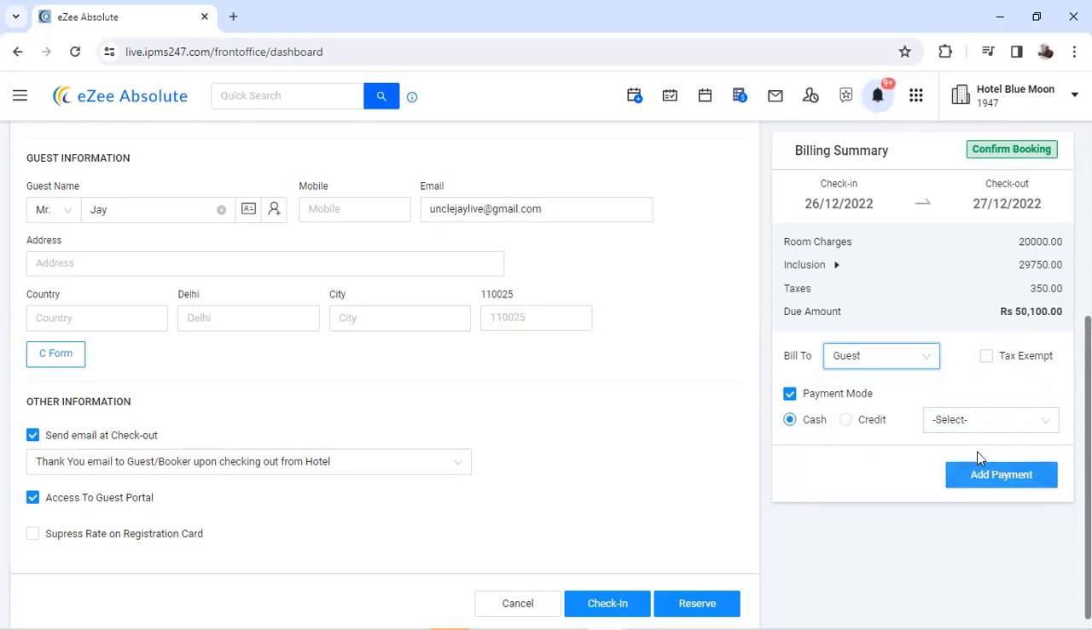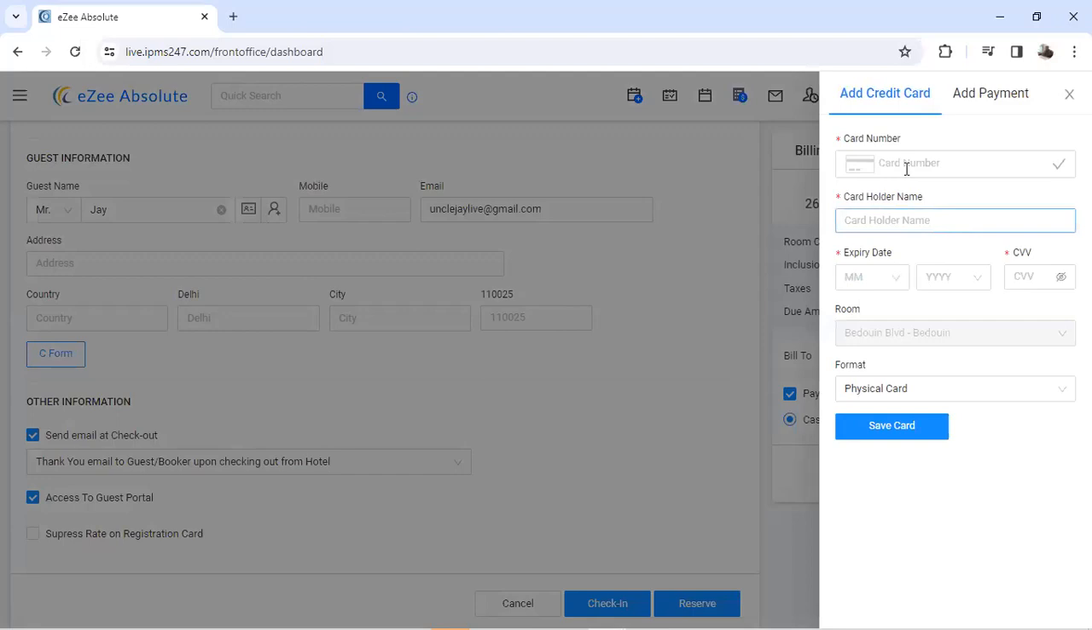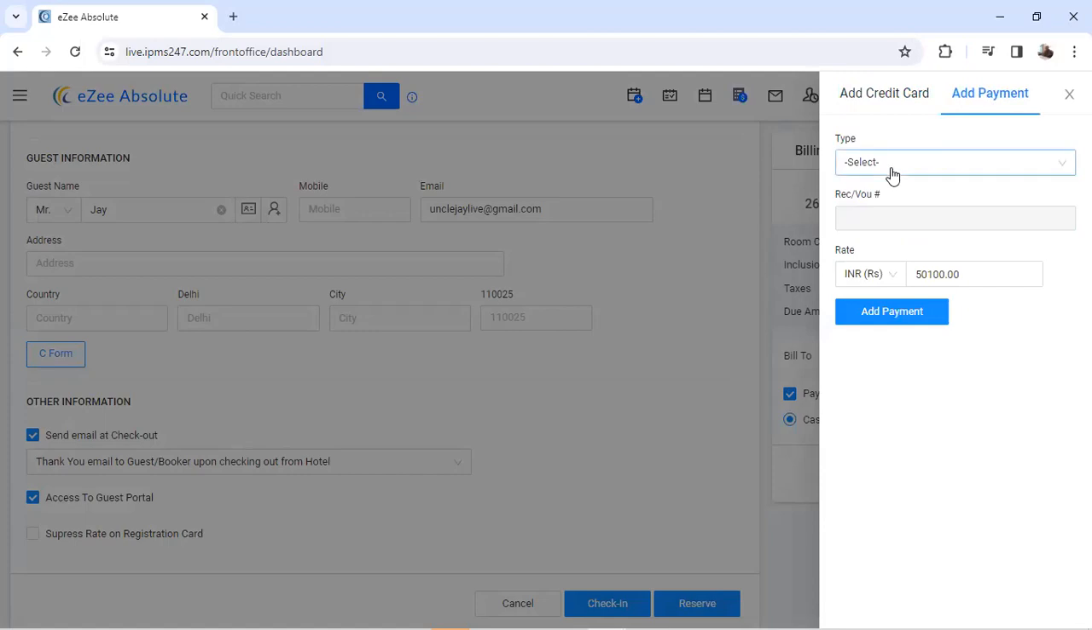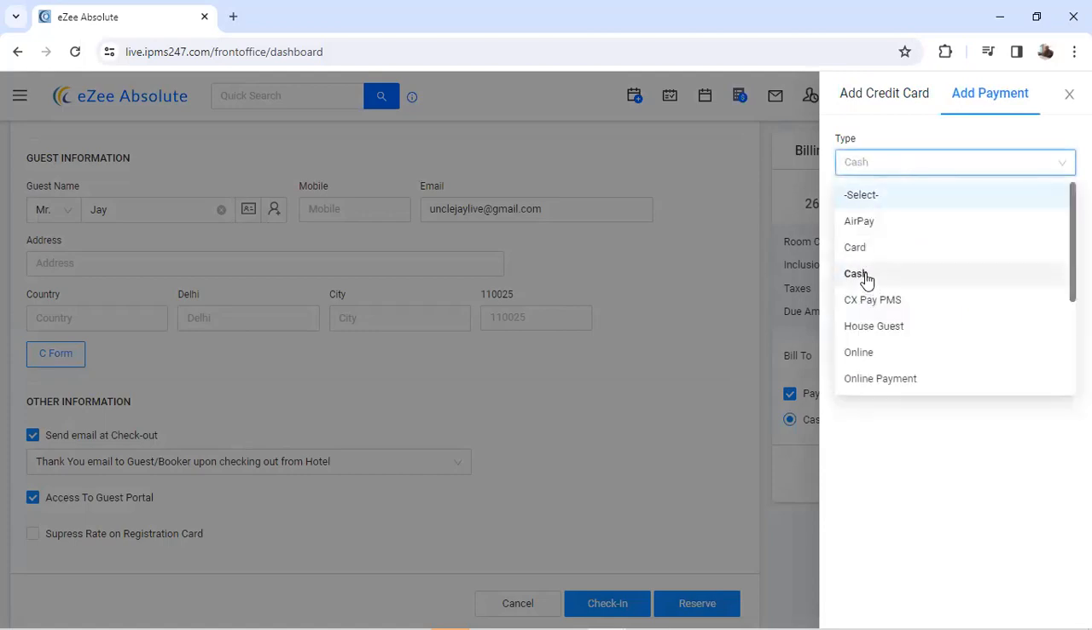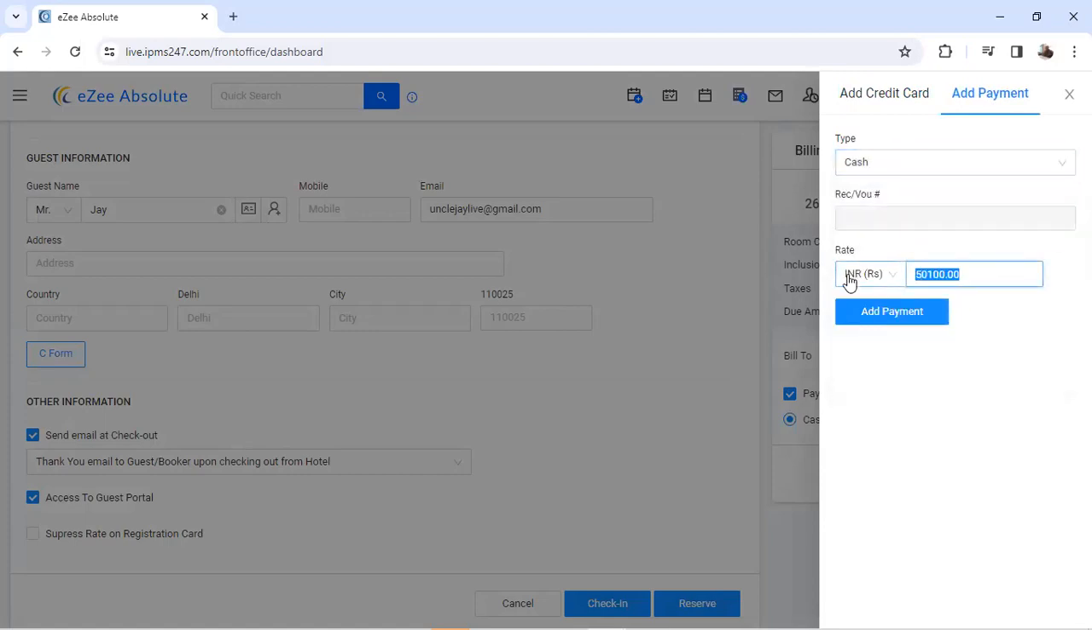So this person is paying cash. We can also do an online payment. The card can be charged provided the integration is made. But we are not doing that. I just want to add payment. So here we come and select, let me say cash. So the person is paying exactly 20,000